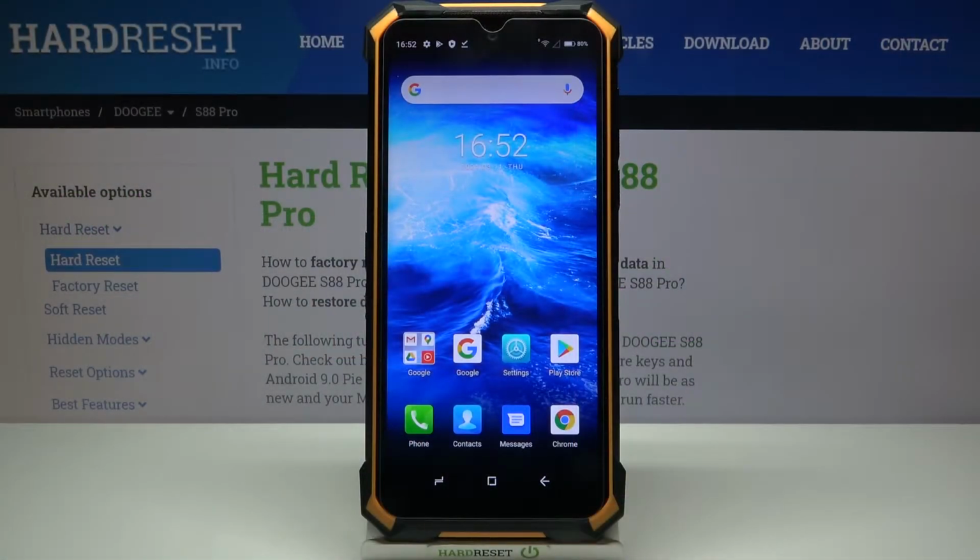Hi everyone, here we've got DOOGEE S88 Pro, and let me share with you how to set the camera timer